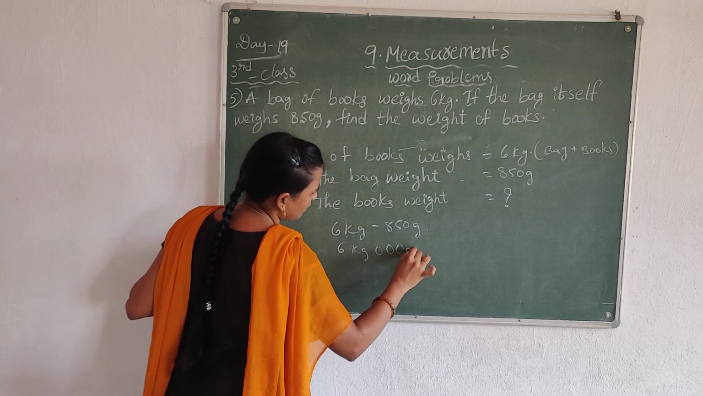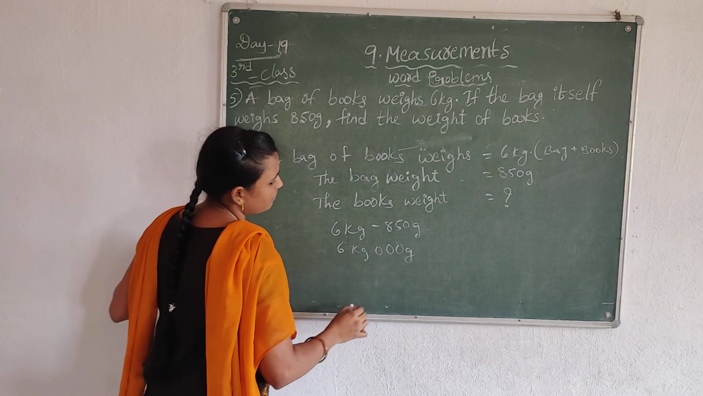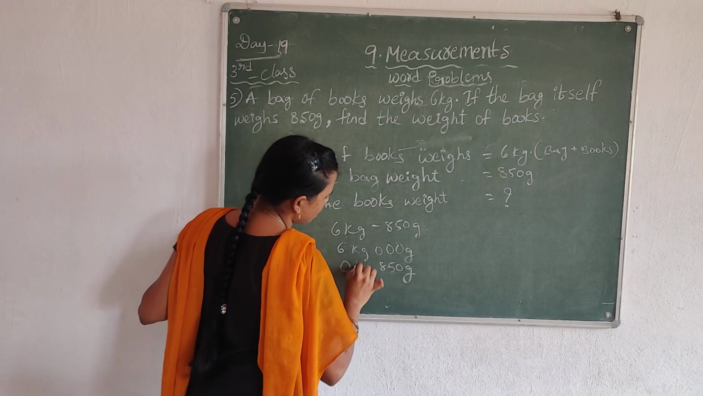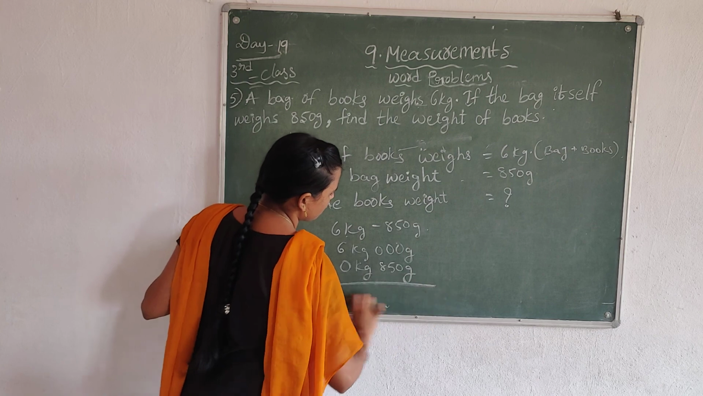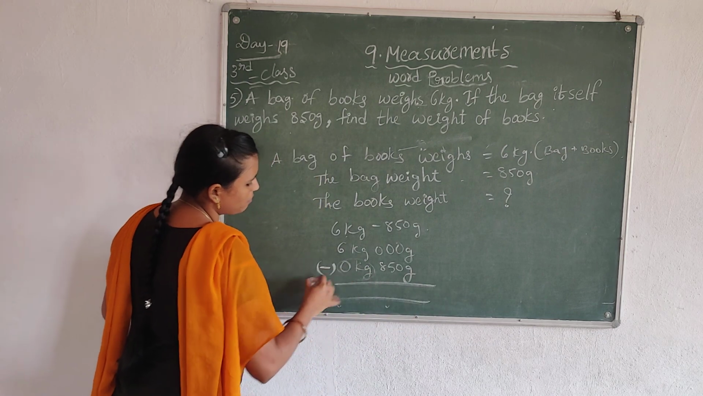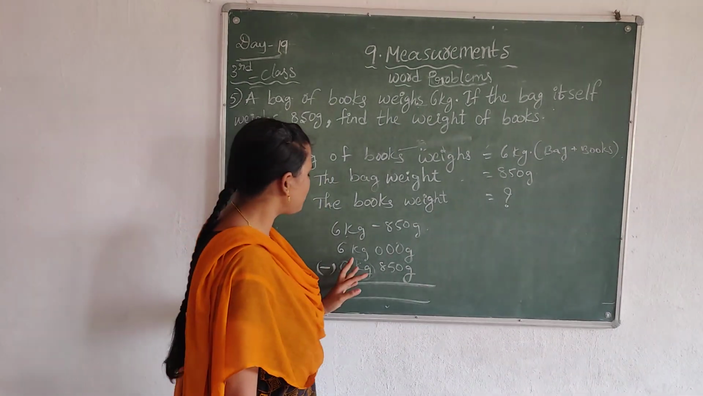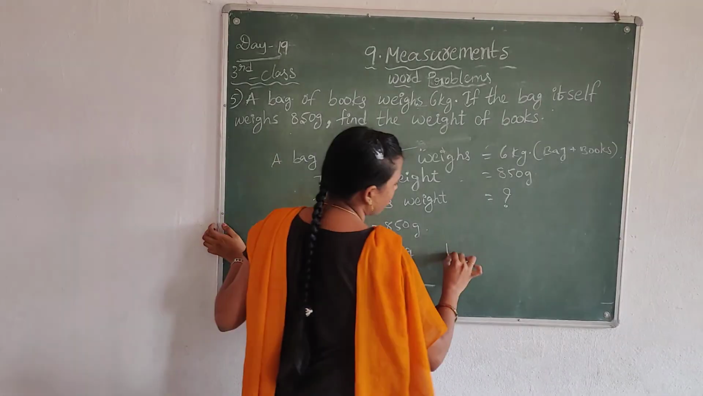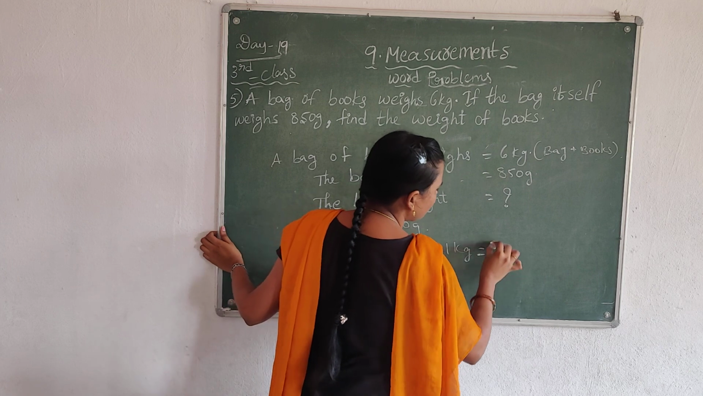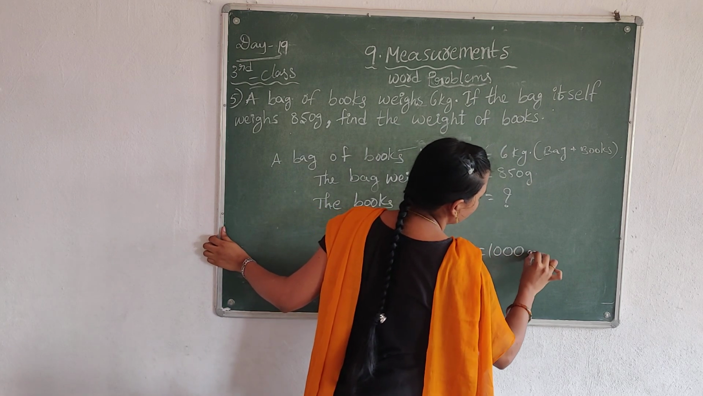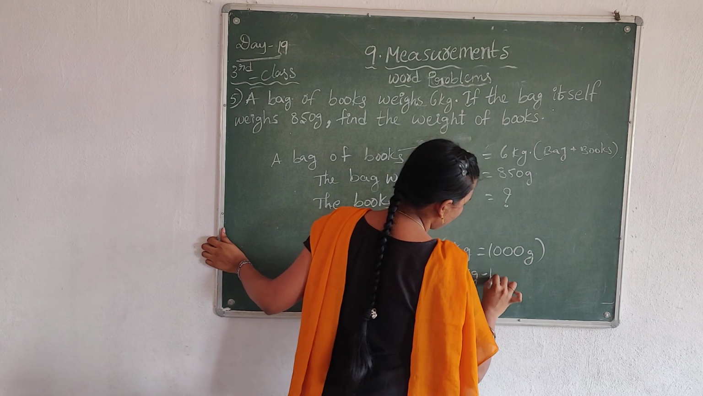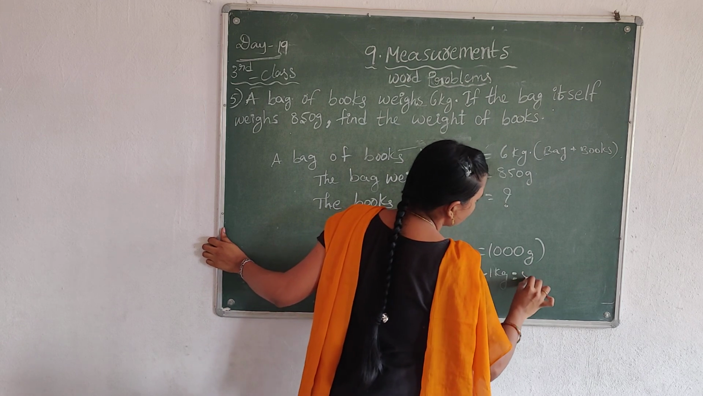6 kgs 000 grams, and here we have 850 grams. No kgs, 0 kgs here, that's why I put 0 there. Observe here, take 1 kg. Okay, 1 kg equals 1000 grams. Okay, 6 kgs minus 1 kg equals